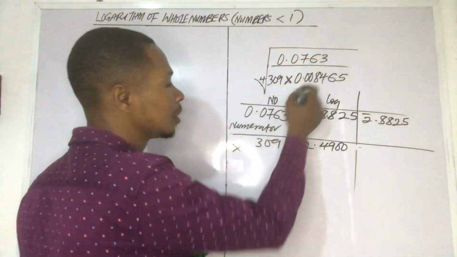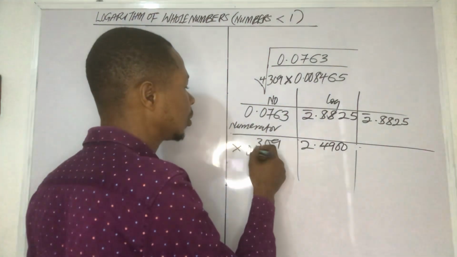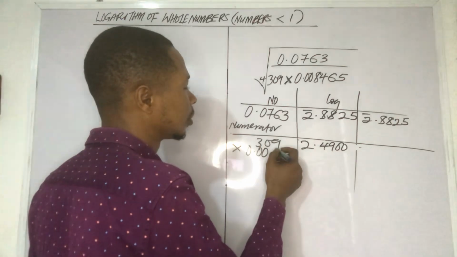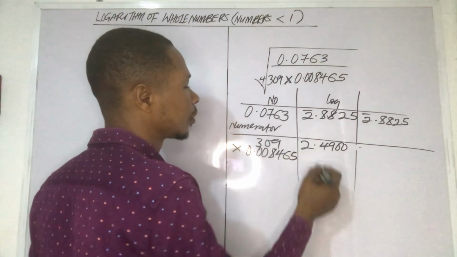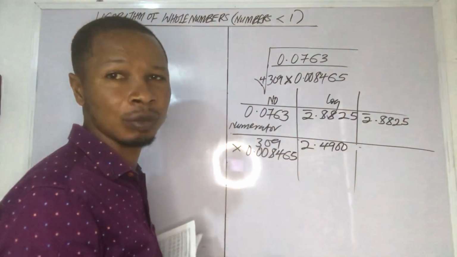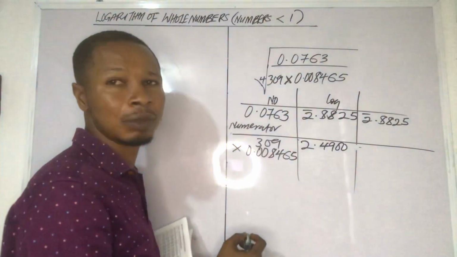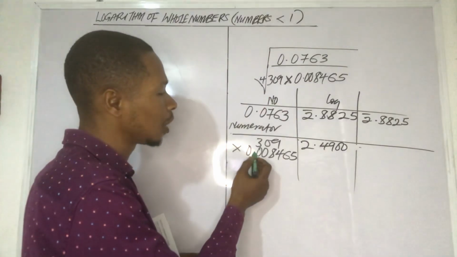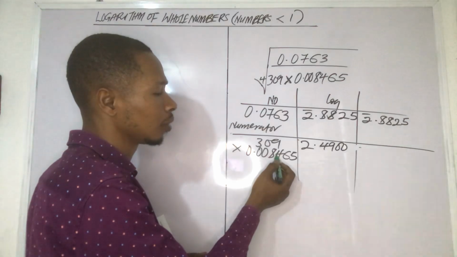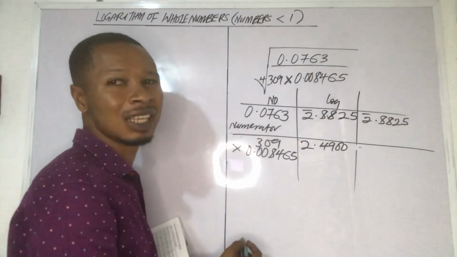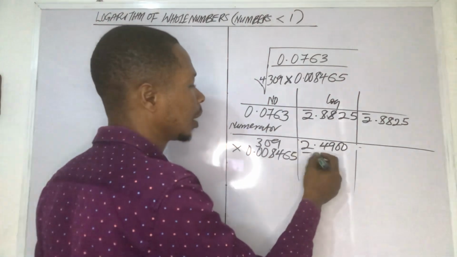Multiplied by this number is 0.008465. What's the characteristic of this number? I hope you will say -3, because this point will move forward 3 times: 1, 2, 3. It will be here now. And because the whole number is less than 1, this will be